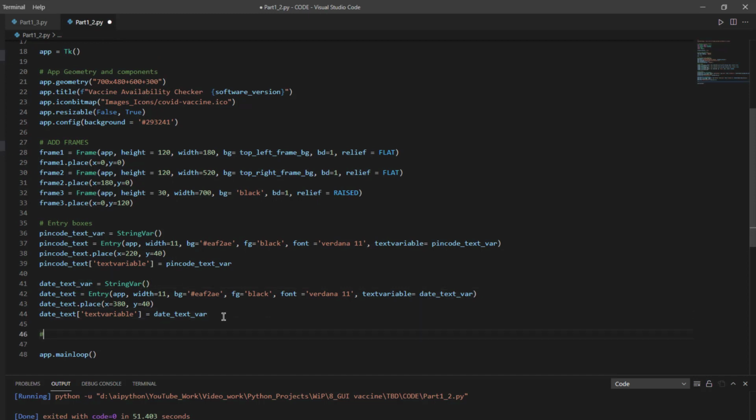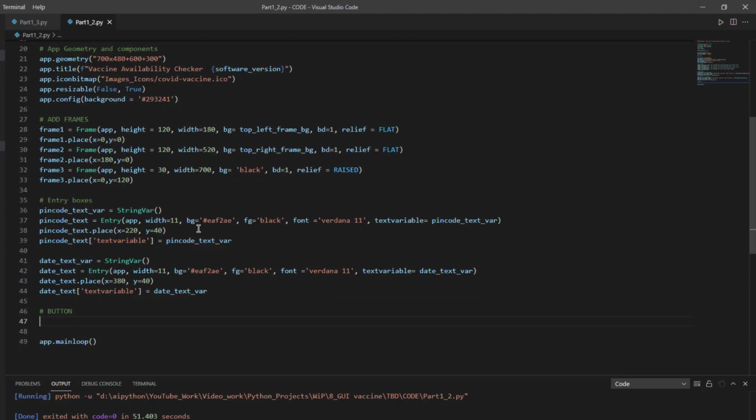Now we'll go ahead and create one button. All right. So the button will not have any functionality right now, but it will just be occupying a place with some icon so that I can use it further in the video to make searches. We'll configure the button later, but we'll just create the button and give it a place.